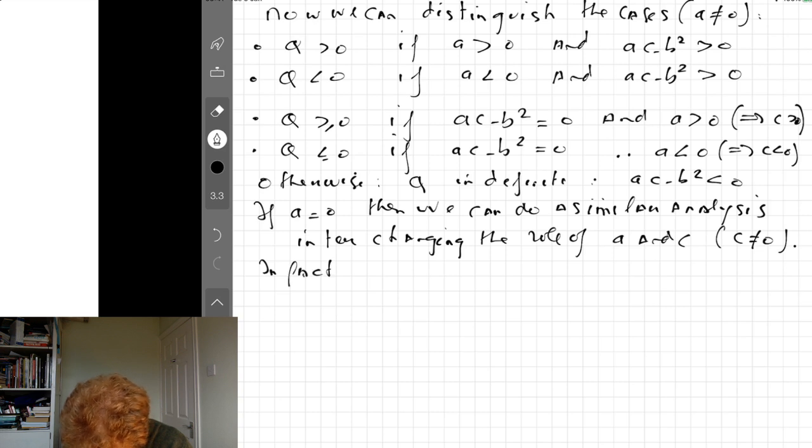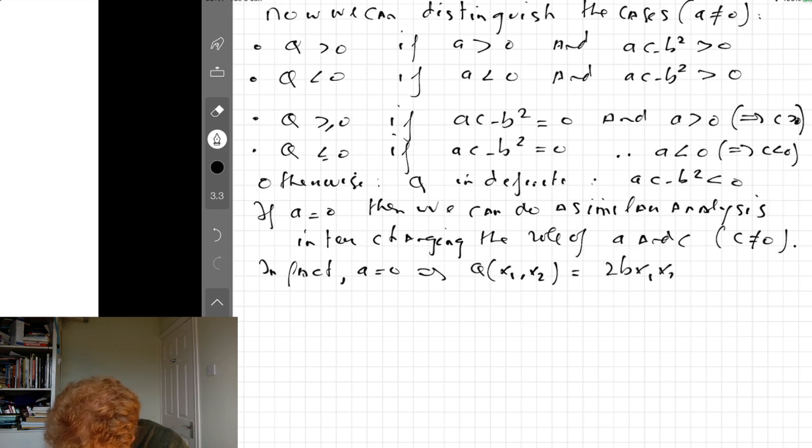In fact, a is 0 gives us q(x1, x2) is 2b x1 x2 plus c x2 squared. Now we're assuming that c is unequal to 0, so this is c